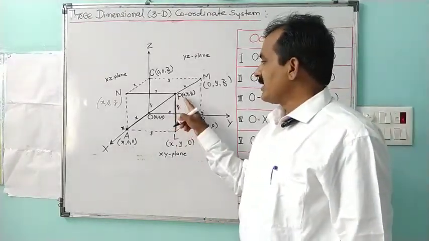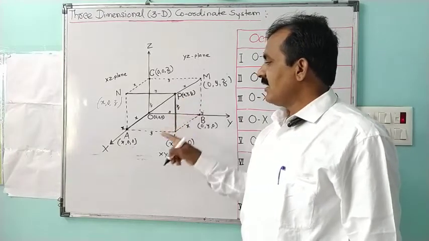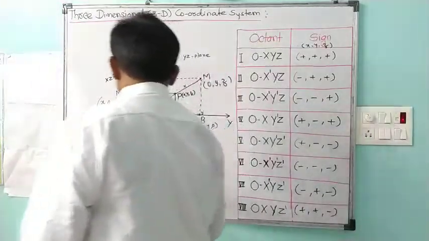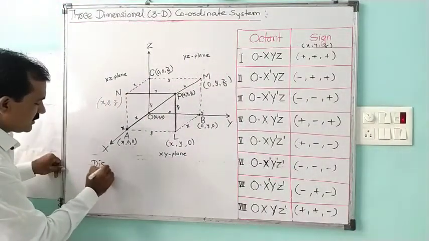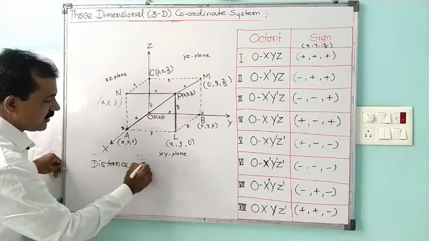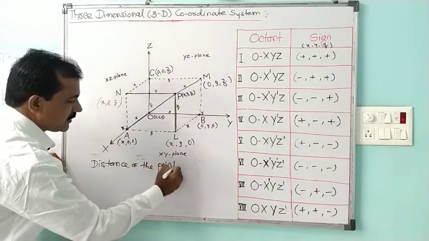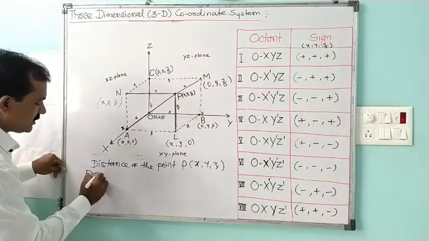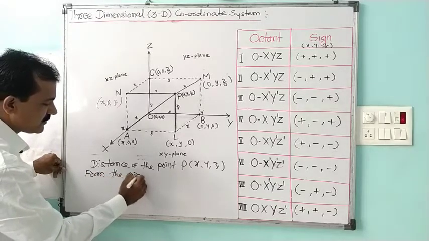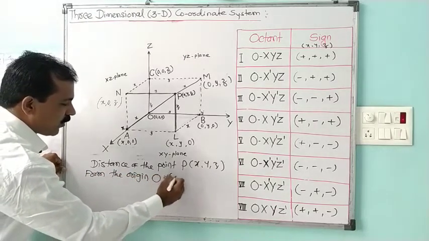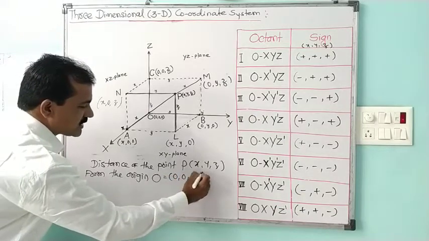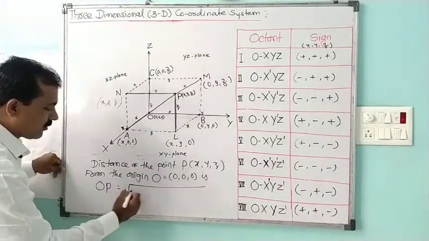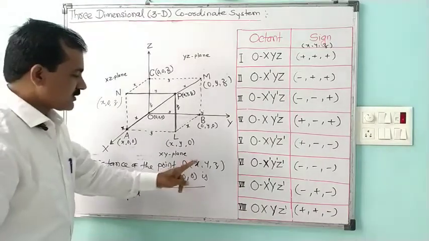Here we have the point P with three coordinates x, y and z, and O has 0, 0, 0. Then the distance of the point P (x, y, z) from the origin O, whose coordinates are 0, 0, 0, is given by OP is equal to under root of x